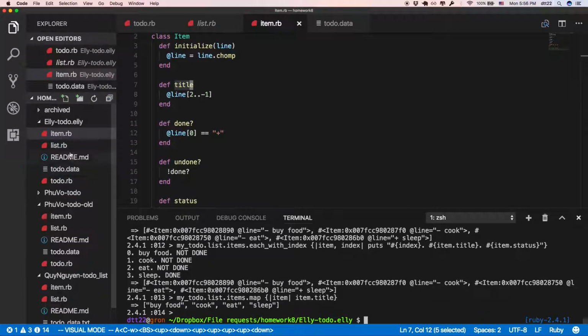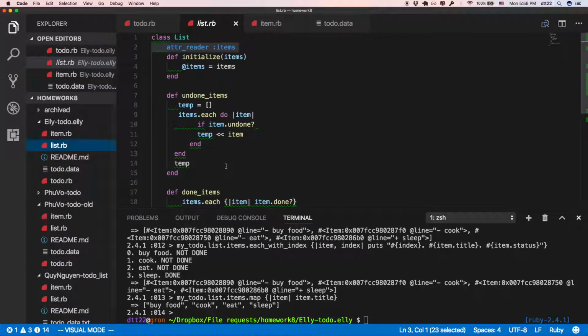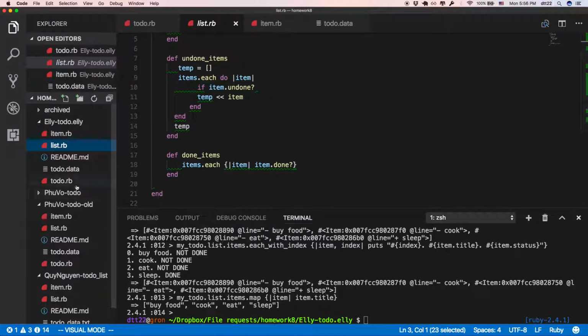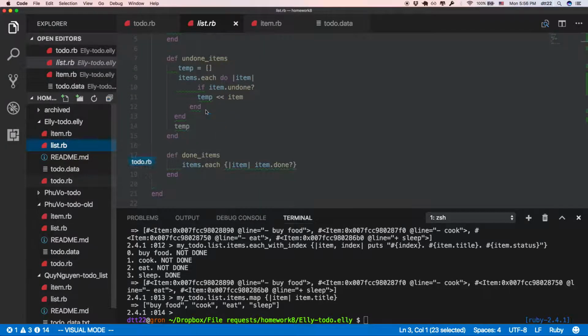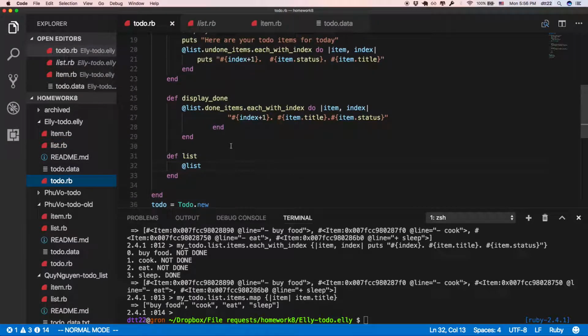I used one example here to give feedback on the homework. Watch out for the spacing, right? Try to keep the code very clean, and so I'm not going to fix those. You can fix that, and all of you did this task. Display the done